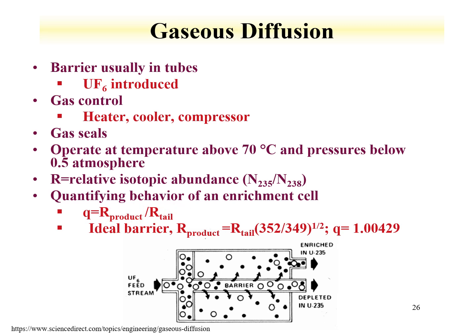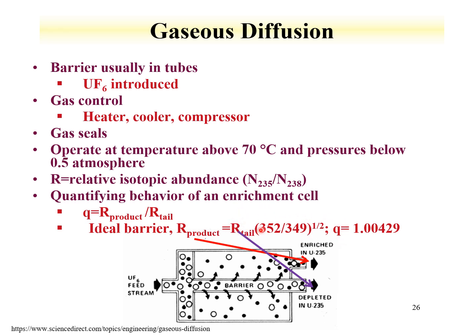R of the tail, where R is the relative isotopic abundance, the number of 235 divided by the number of 238 atoms. From an ideal barrier, we would have something where the product and the tail, so this would be the tail, what makes it through the diffusion barrier, and the product, what comes on the other side. The R of the product would be equal to the R of the tail